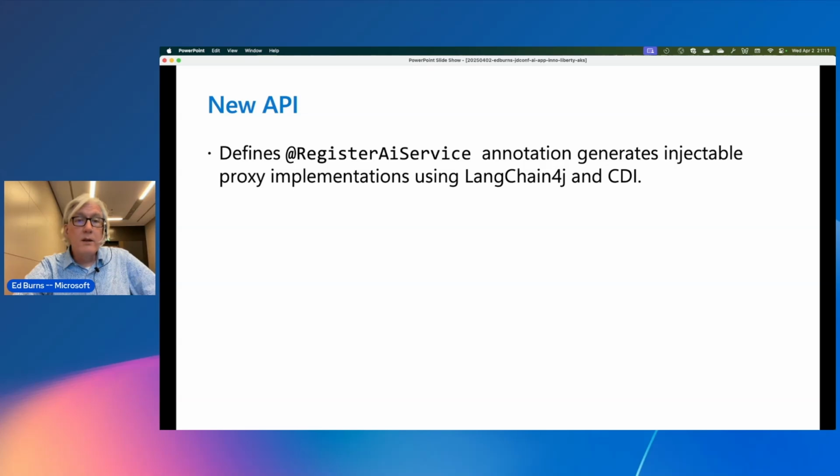It does define one new API currently, perhaps there'll be more. In the sense of being a specification, maybe, but in the sense that it's an annotation, it allows the generation of an injectable proxy implementation using LangChain4j and CDI. And I'll have a code example for that.